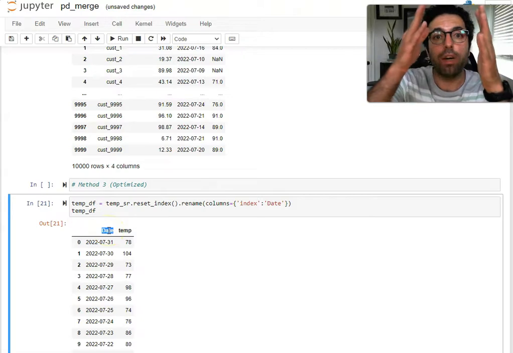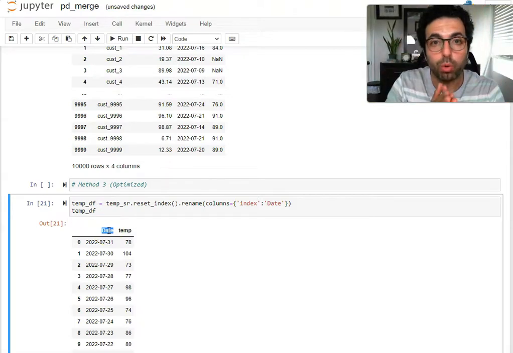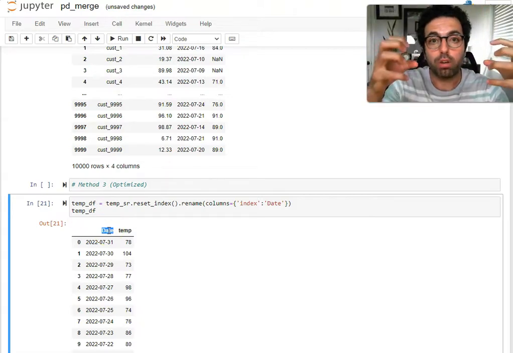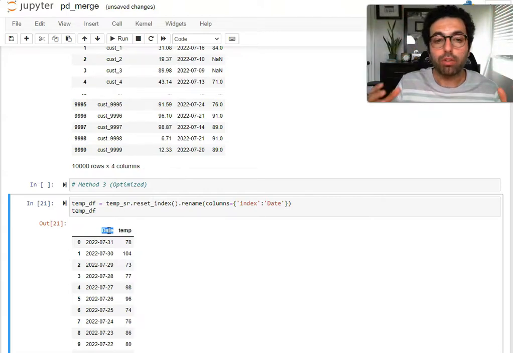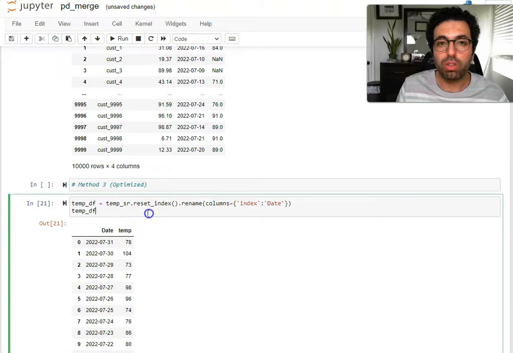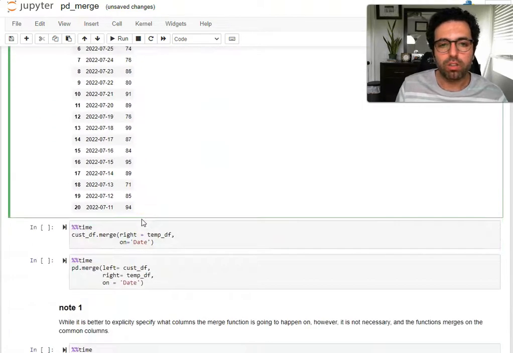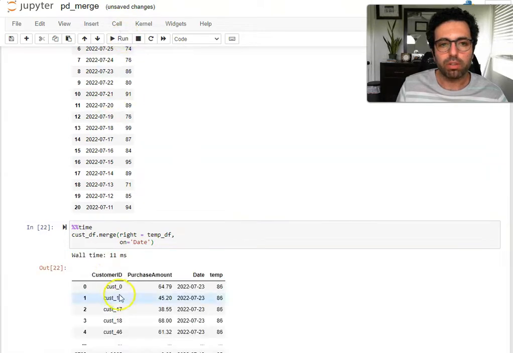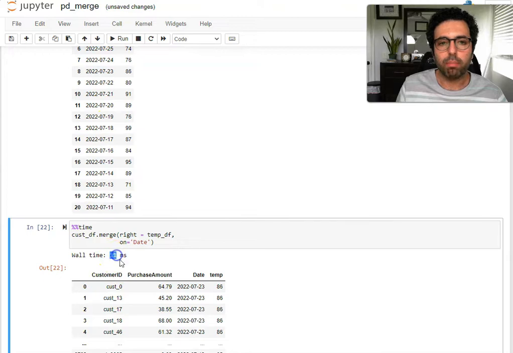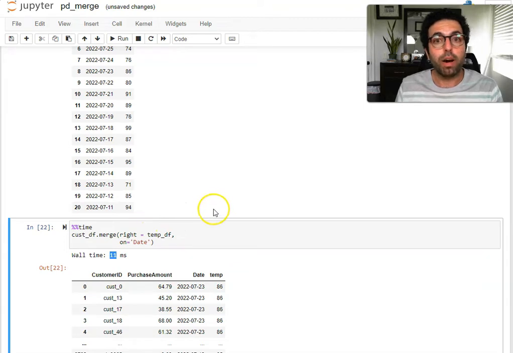You have to have the column you want to merge your data sets on in the same name within both data frames, right? So that's very important. So that's why we need to do this pre-processing step. But once that is done, now we can go ahead and do this, and you can see it takes only 11 milliseconds. You can see we improved from even the second best method 10 times as far as how fast